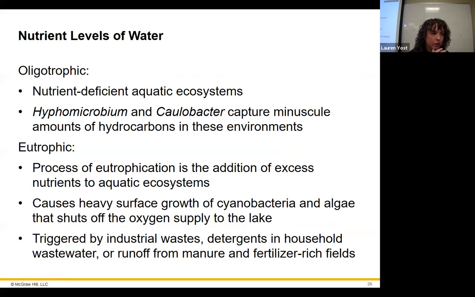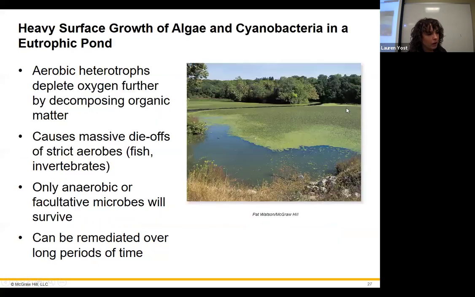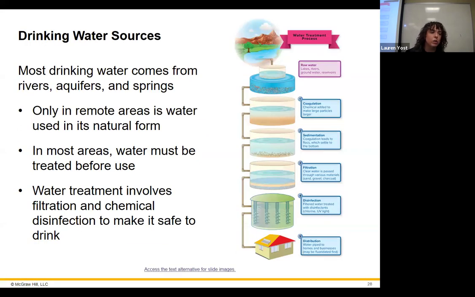I'm not going to ask you about the lake stuff, which is like oligotrophic and eutrophic. I'm not going to ask you about this. If you're interested in it, feel free to read about it. You won't be tested on it, okay? But what it has to deal with is oxygen being used up in the water, and then fish will die because there's not enough oxygen in the water for them to even survive, right? So that's the idea. Too much nutrients or too little nutrients can cause that sort of stuff.